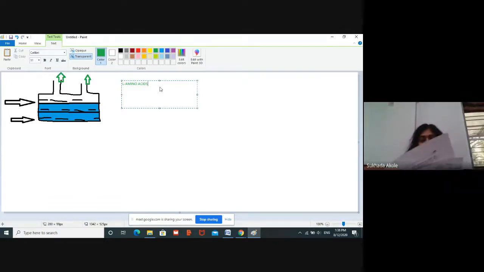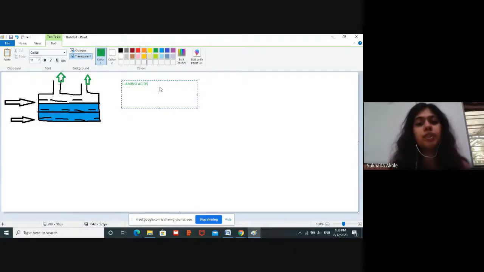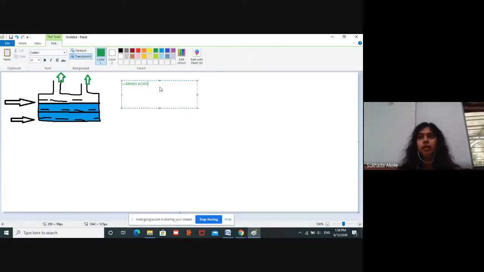So what people do is they make these amino acids chemically such that they get a mixture of L and D amino acids. Then they react them with immobilized microorganisms such that the D amino acids are converted into L amino acids and the end product will be a purified form of L amino acids.